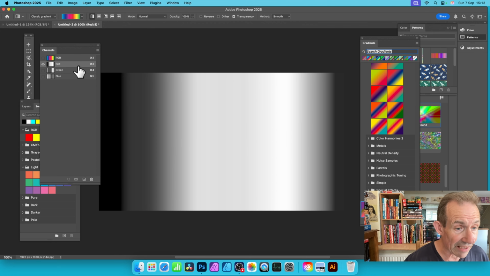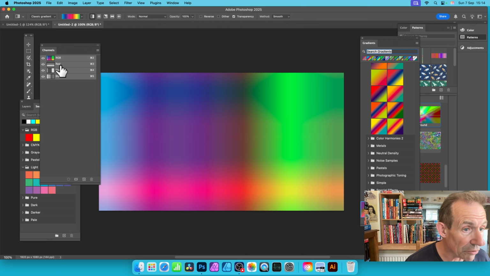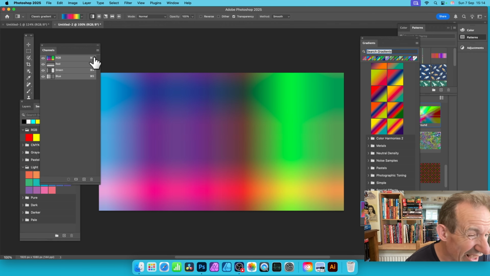But it does mean if you select the red, you can now apply the gradient just to the red channel. So it's just applied to the red channel. And instead of applying it across, you can go a different direction. So you can go, say, downwards and click and drag and release. Then if I go back now to RGB, you just click there and that's all you need to do. Just click on the red and to go back, just click on RGB and they're all active again. You can see straight away you've got quite an unusual gradient